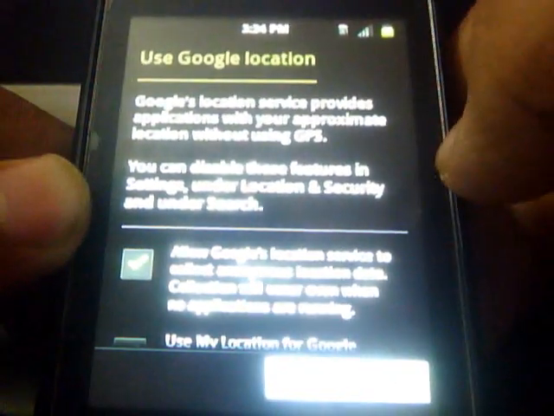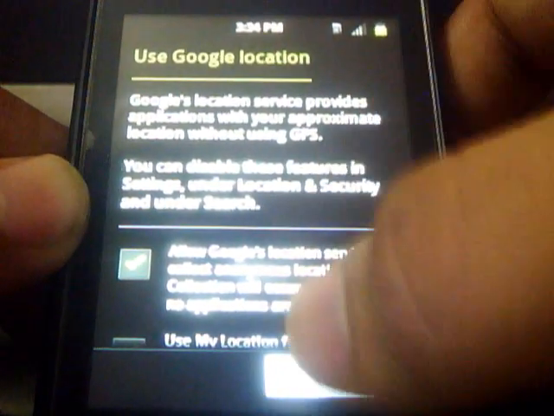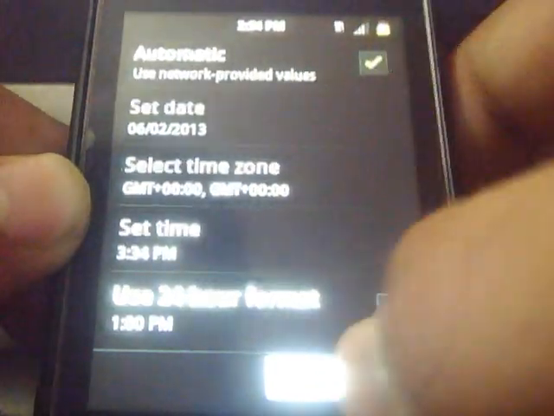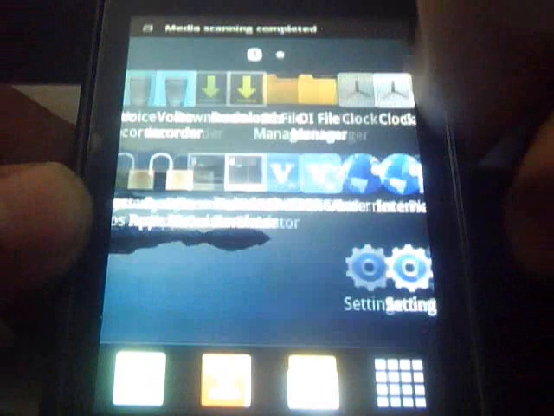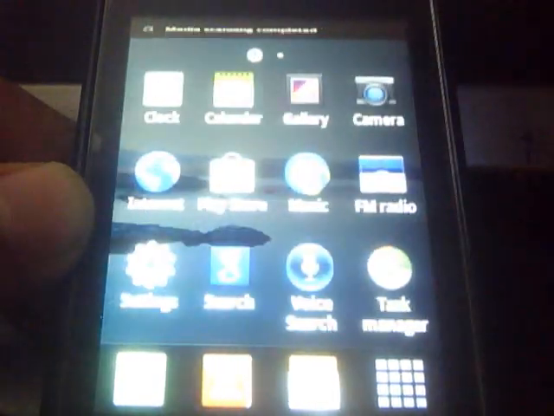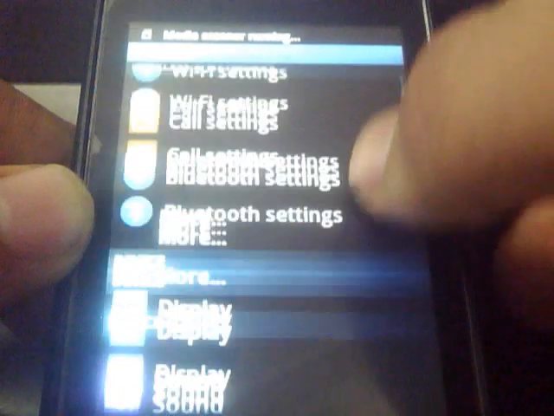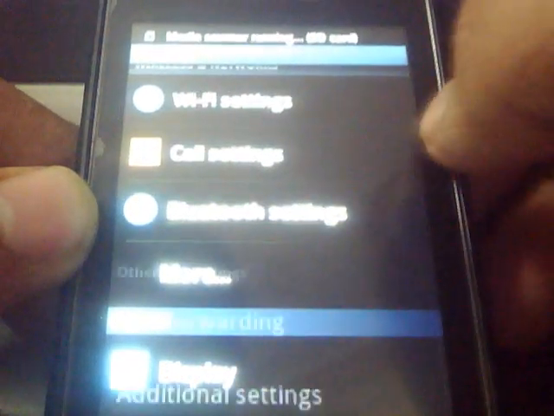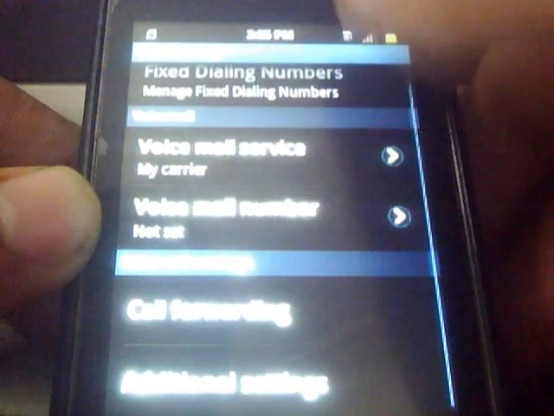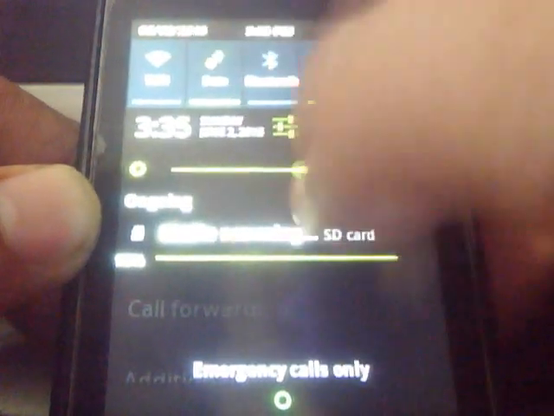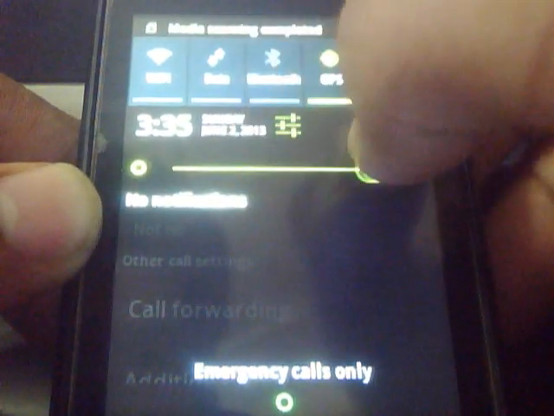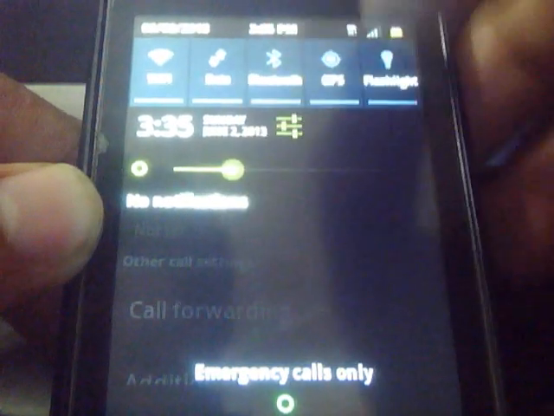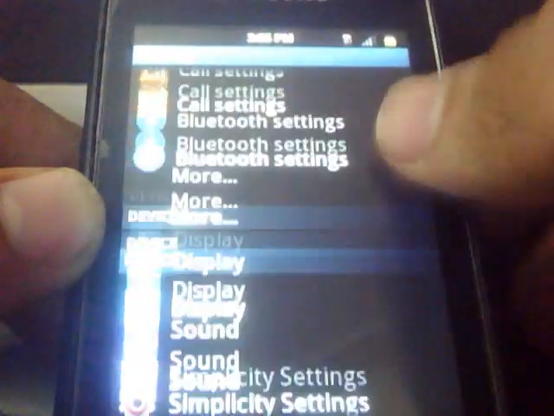Press next. Automatic. Next. So here is the Simplicity version 5. Very nice and cool, I must say. Very smooth. Very cool and smart, I must say.